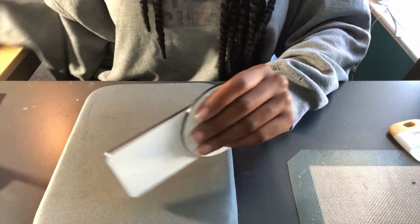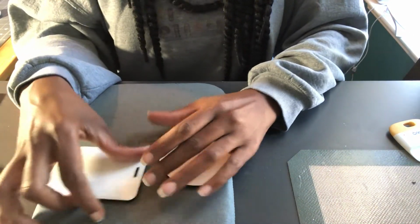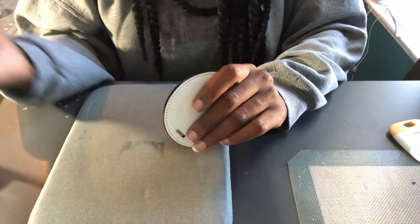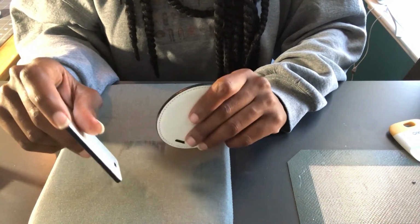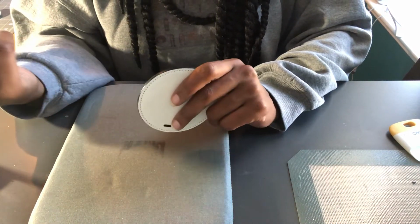You'll also need heat-resistant tape, a heat press or an Easy Press. So you can use your Cricut Easy Press as long as it goes up to the temperature that you require to sub off of your sublimation paper. Some sublimation paper does not require you to go all the way up to 400 degrees. So that's why I said use a heat press or Easy Press that can go up to the temperature that